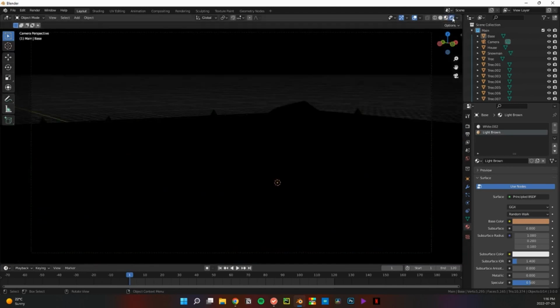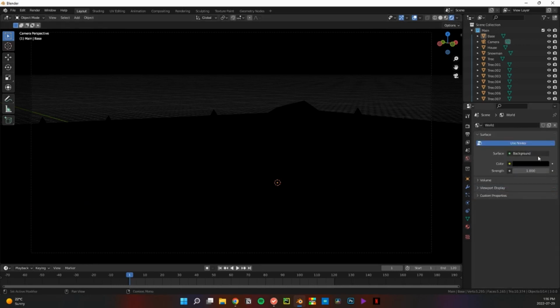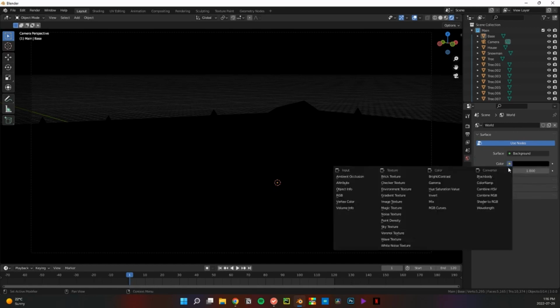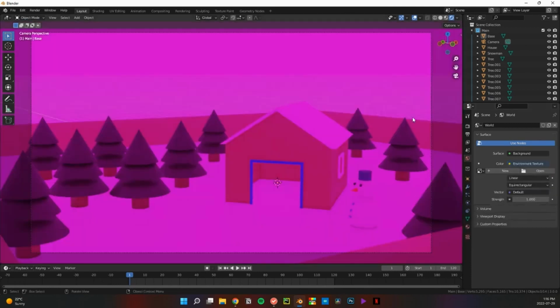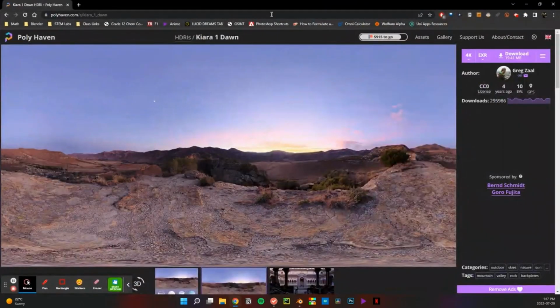If we go into our render preview mode, it should be dark like this, or it might be light gray for you. So we can go to our world settings here. And here, instead of color, we can click on this, go to environment texture, and now everything will be pink. And here we can open and add our own HDRI. So I have my own HDRI picked out here, and I'll put the link in the description for this so you can download this as well. So once we click download here,